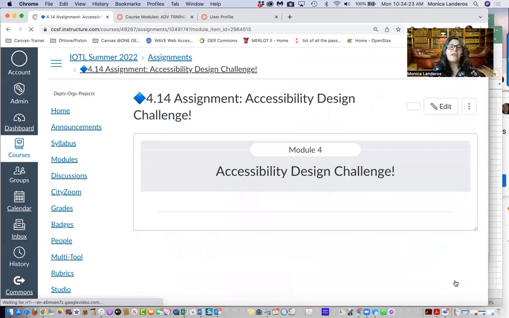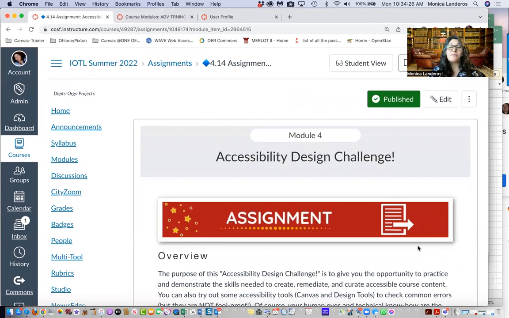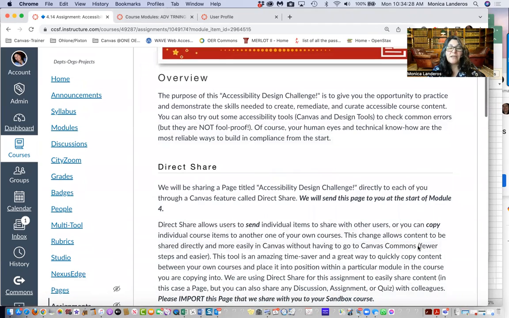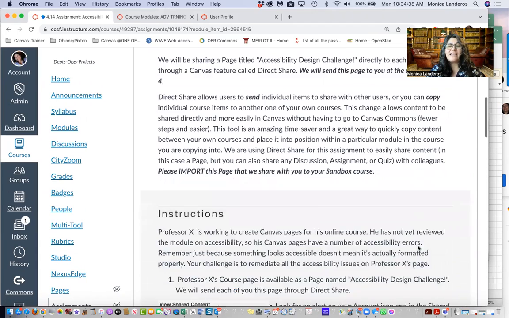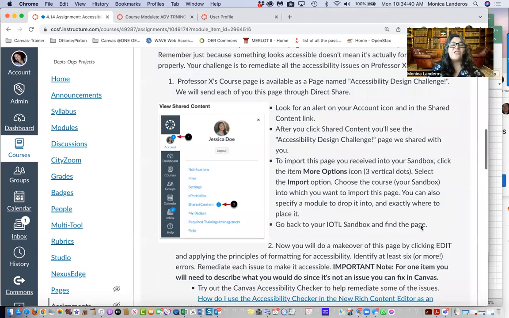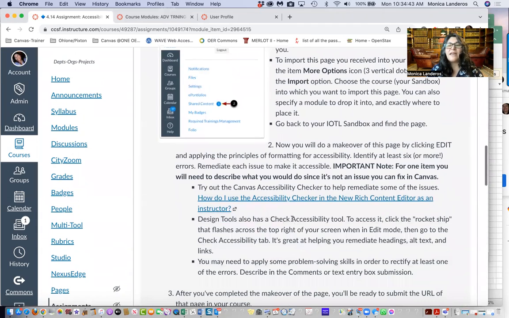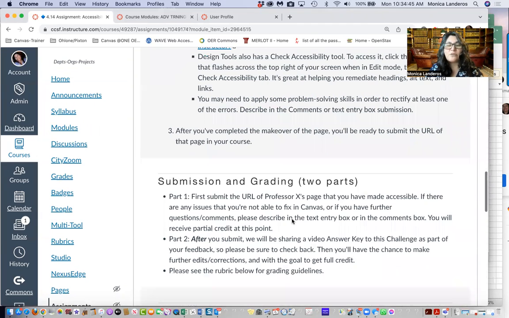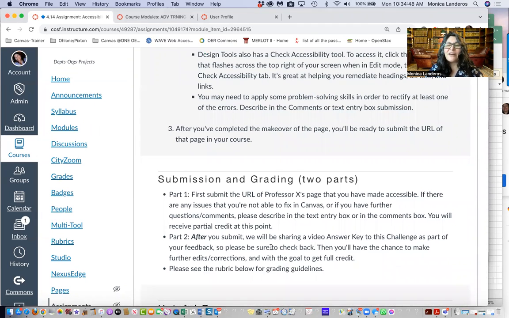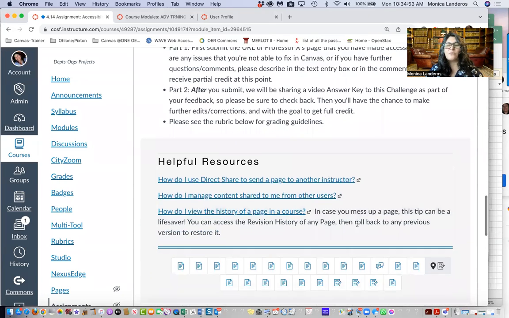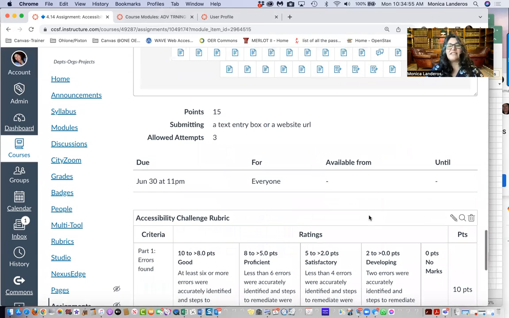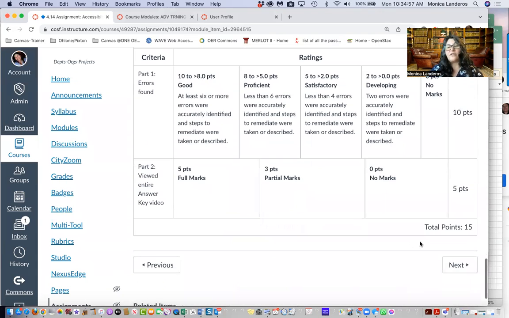We also have a rubric in your accessibility design challenge, where basically we're asking you to curate and edit a page that we're going to send you so that it's accessible. And so that will be sent to you. And then there's a how-to step-by-step, and then we'll include this video if it actually works. And then the 2-part process for answering the key. I'm mainly going to focus on the first part and then some resources there. All right, the rubric, please definitely follow the rubric.